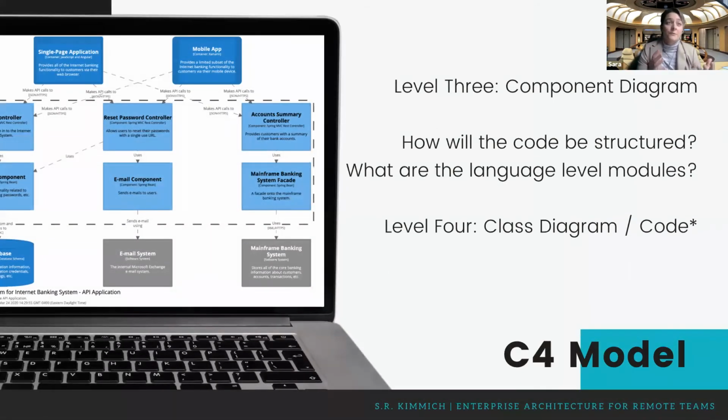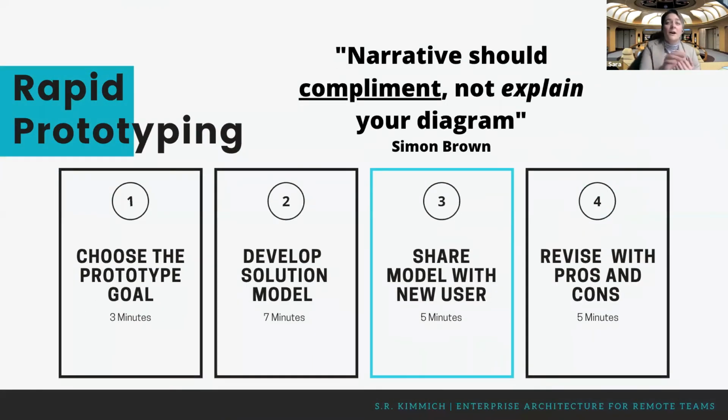In that final prototyping session, you're going to get to level 3. For the component that I am responsible for, how are we going to structure this code? What are the language level modules? And how are these dependencies interacting? At the end of that, you've got a single hour's worth of work coordinating with your client and your technical team